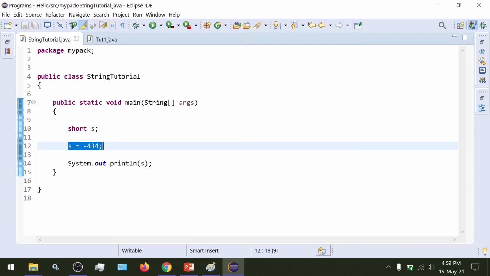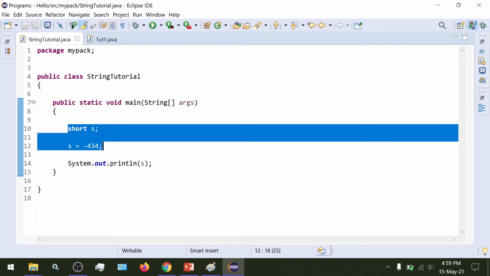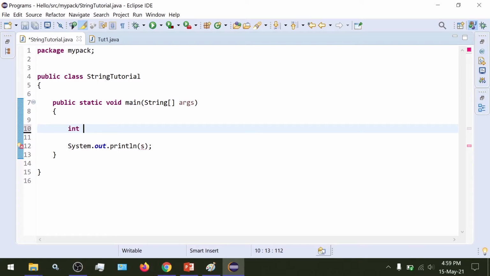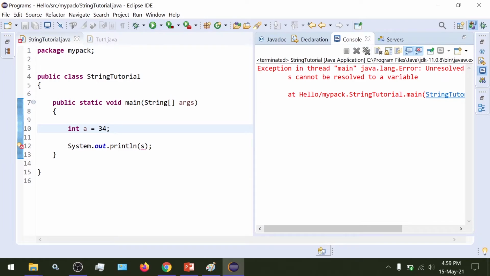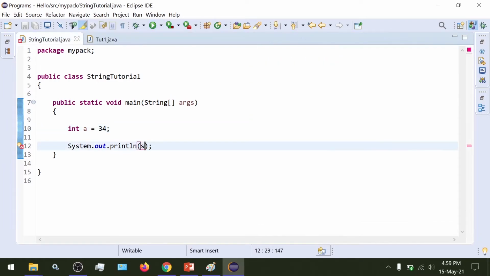So if I want to make a variable of type int, I would simply say int, and we can give any name we want and then a value. And if we run this, oh, I gave a wrong variable name here.